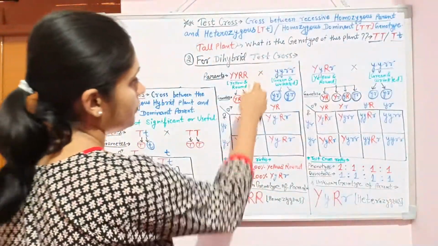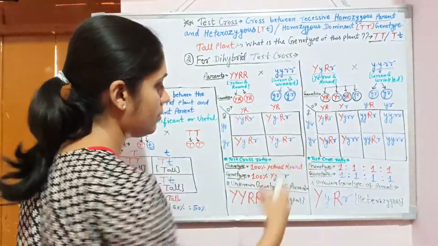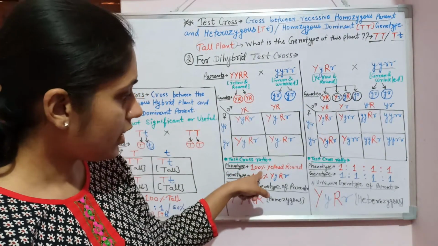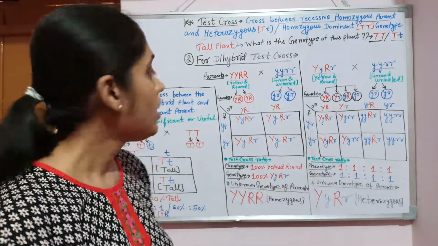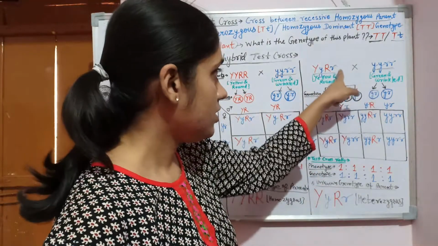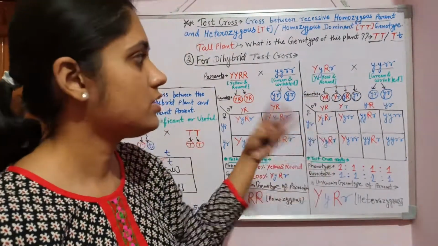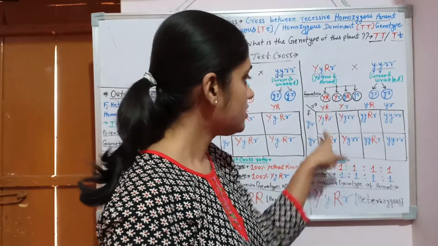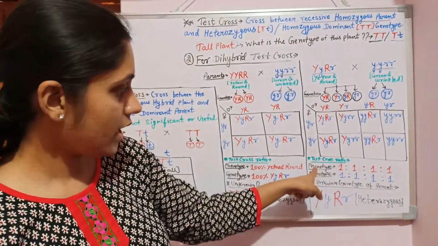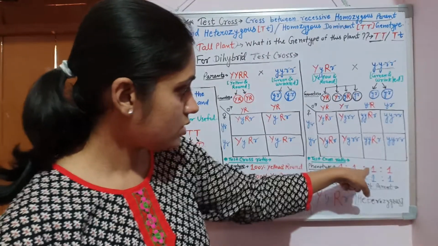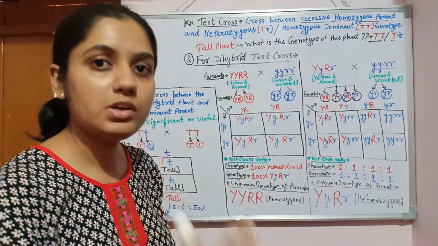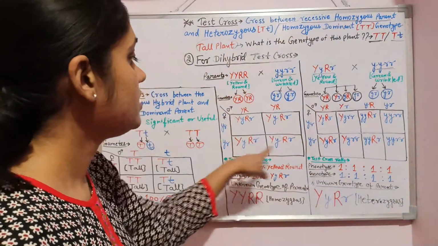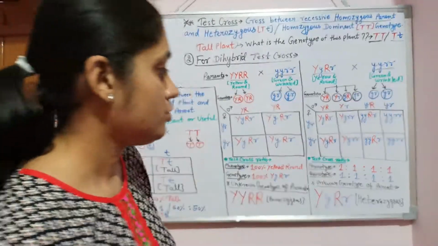Then we form the gametes, and after the gametes and checkerboard formation, we will get the test cross ratio. In the phenotype you can see 100% yellow and round seeds are produced. After it forms the 4 gametes, as I have already discussed, you will get this checkerboard and the test cross ratio. You will see that the phenotype is 1:1:1:1, meaning 25%:25%:25%:25%. But here 100% yellow and round seeds are produced, but here it is not.